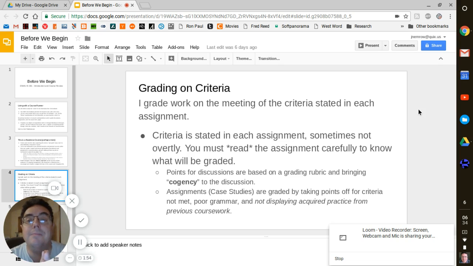So this is the bulk of how grading is done, just so you know ahead of time. I don't want there to be any surprises. People are always seeking out, how do you grade this class? Hopefully I make it really good. Please read what I put up here so that you know, because that's exactly how the grade's going to come. The grade has almost nothing to do with what I say. I'll say a lot of things. I'll make a lot of comments about your writing or about your philosophy or your outlook. It's all to inform you. Honestly, sometimes it doesn't have any bearing on your grade at all.